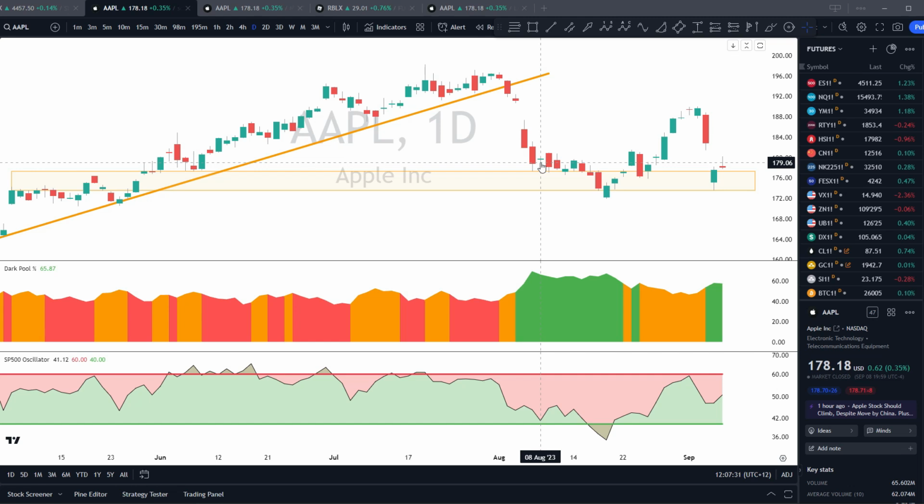And why it's called dark is because you can think of the normal exchanges like the NYSE and NASDAQ as being lit, where everything is out in the open and clear, whereas dark, it's a bit more buried. There's not a public order book. Regulation does require them to report trades, and I'm really proud to bring this dark pool percentage indicator to TradingView